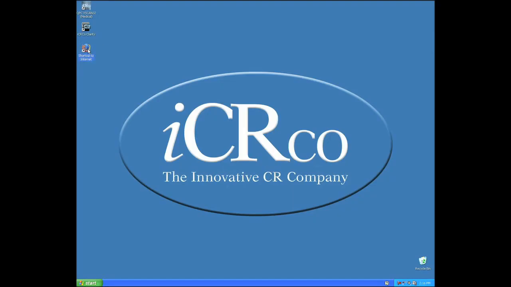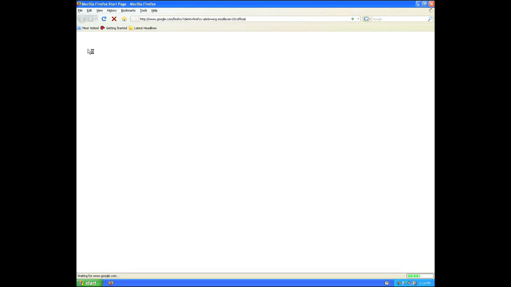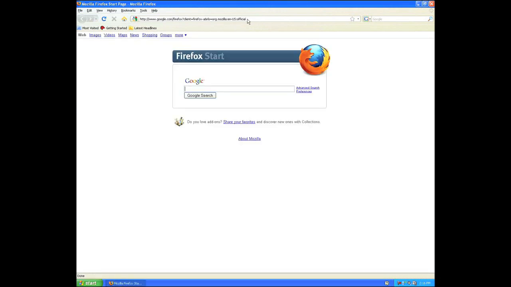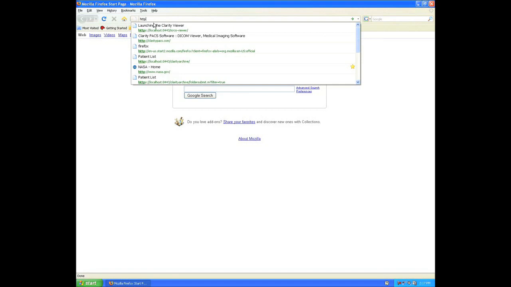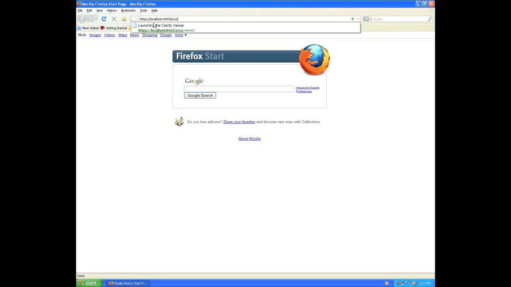The first time you launch the Clarity Viewer from any computer, you will do so with a web browser. So I'm going to open Firefox, and I'm going to type in the following web address: https://localhost. And in most cases, when accessing this remotely, instead of typing in localhost, you'll type in the IP address of the server that you will be retrieving the images from: :8443/iCRco-viewer,